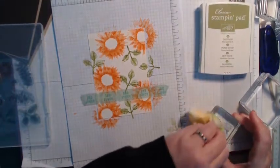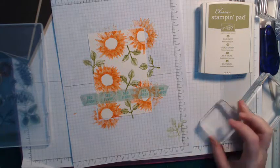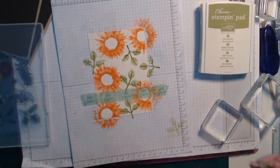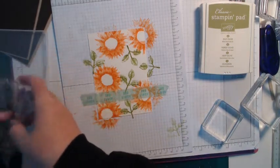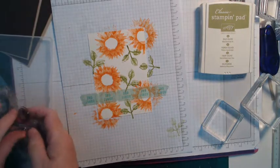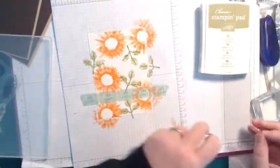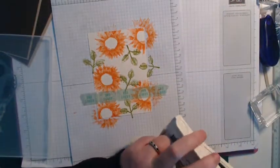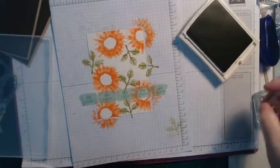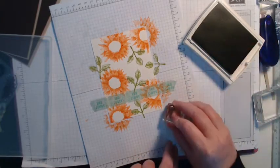And yesterday I used Early Espresso, but I thought that was a little bit too dark, so I'm going to lighten it up a little bit. I'm going to use a little bit of Pear Pizzazz, but this time Old Olive, and this time I think I am going to stamp off. So I'm going to use green, and I'm going to stamp off